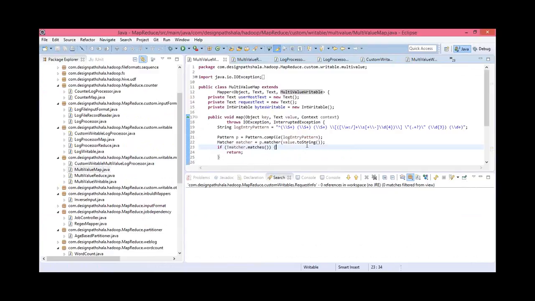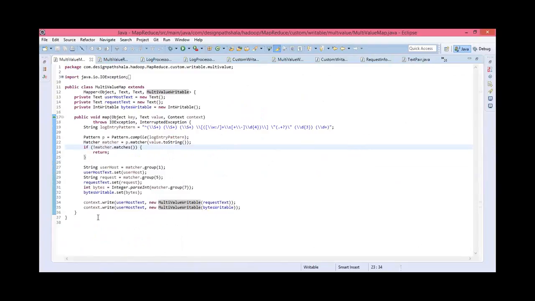The benefit which I got is I can write anything. So what I write over here is the IP address and the request, and the IP address and the number of bytes transferred. On the reducer side, what I'm doing is